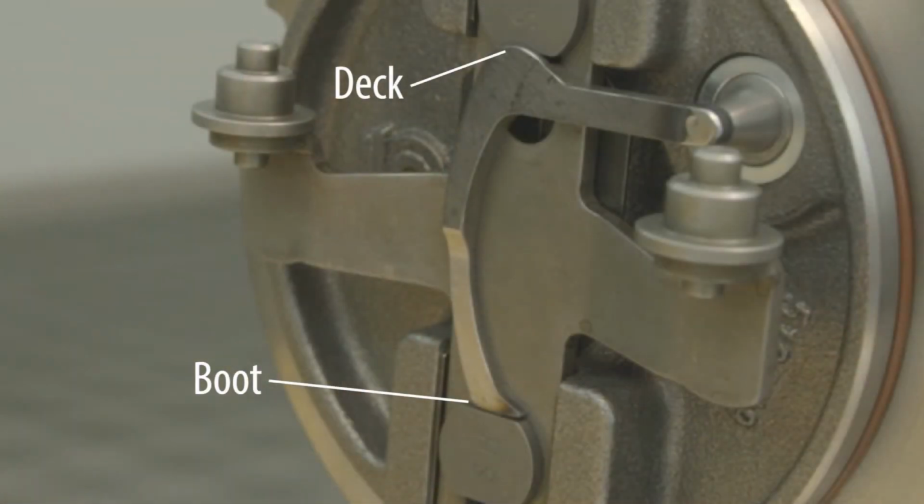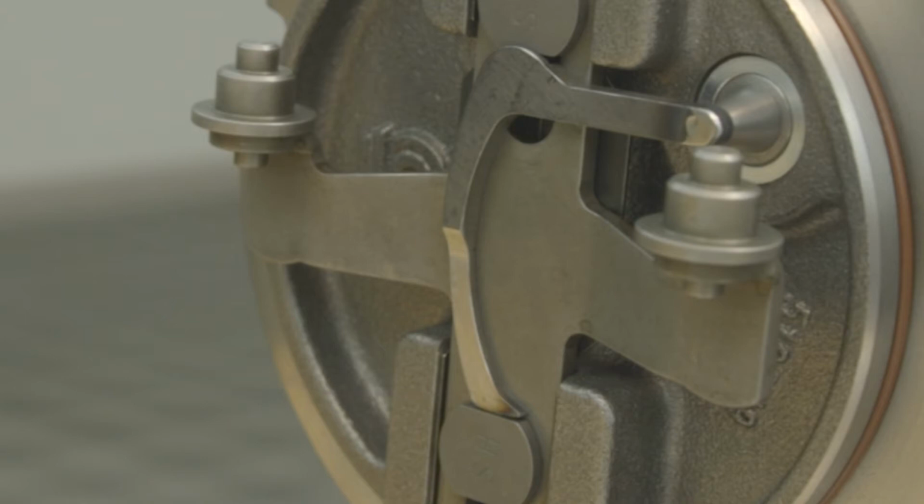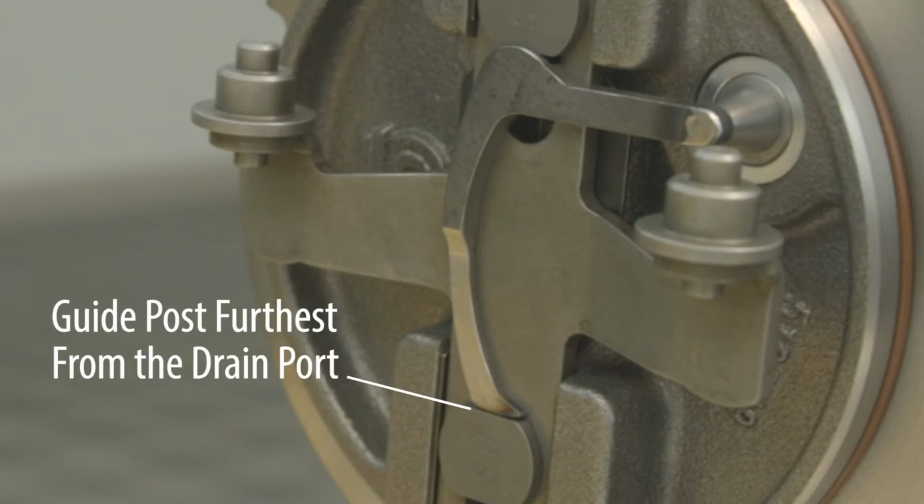Notice how the boot and the deck slide into place between the two guideposts. These flat surfaces, as they are properly installed, will prevent the guideposts from turning while replacing the seal nuts. The deck has a shelf that will prevent the guidepost closest to the drain port from falling into the pump. The guidepost furthest away from the drain port will not fall into the pump because the swash plate will prevent